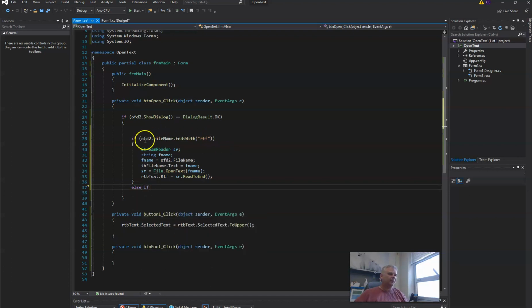now, by the way, this structure here, what it does is it takes a string, which this returns, and it checks to see if it ends with RTF. If it does, it returns a true. If it doesn't, it returns a false. And so basically, if our file is an RTF file, this whole block reads true, and we have if true. Else if